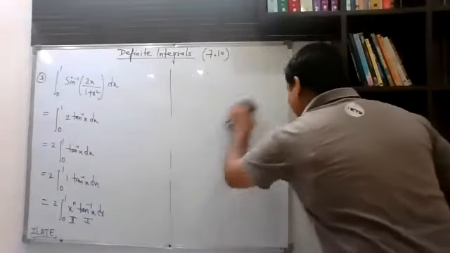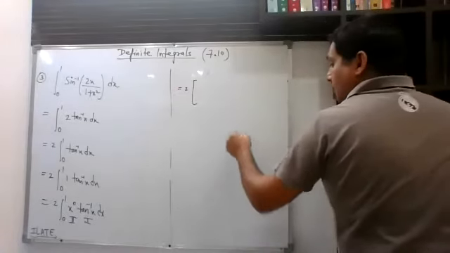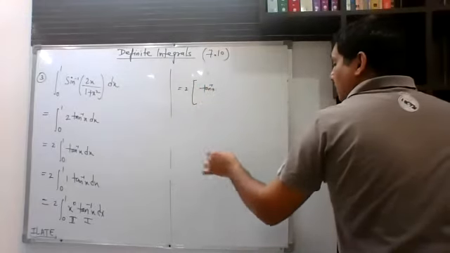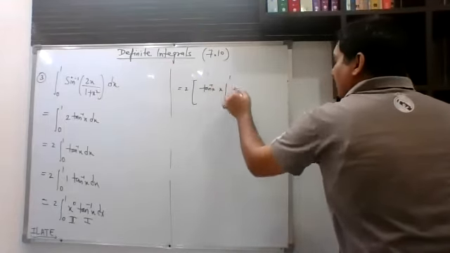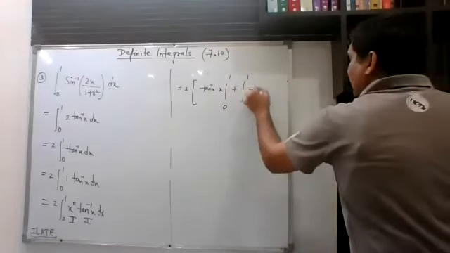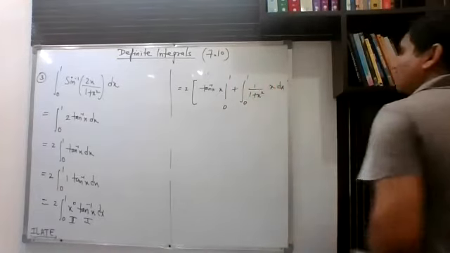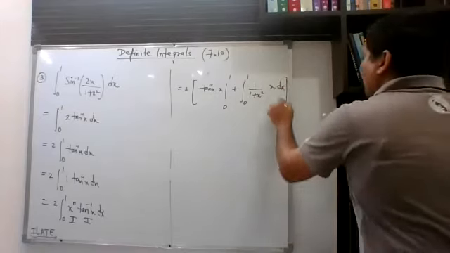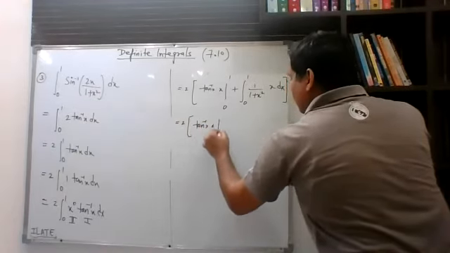So when you apply integration by parts, this can be written as: first function as it is, tan inverse x as it is, integration of dx is simply x. Limits are running from 0 to 1, plus 0 to 1. Now derivative of tan inverse x is 1 upon 1 plus x square. Integration of dx is simply x. So this is how we can write it. Now after this, we can rewrite this as tan inverse x into x, 0 to 1.